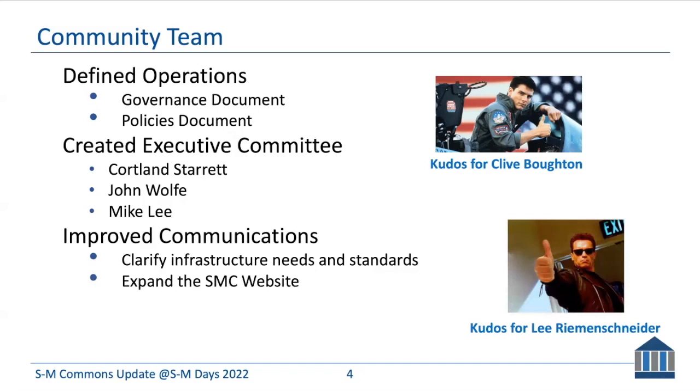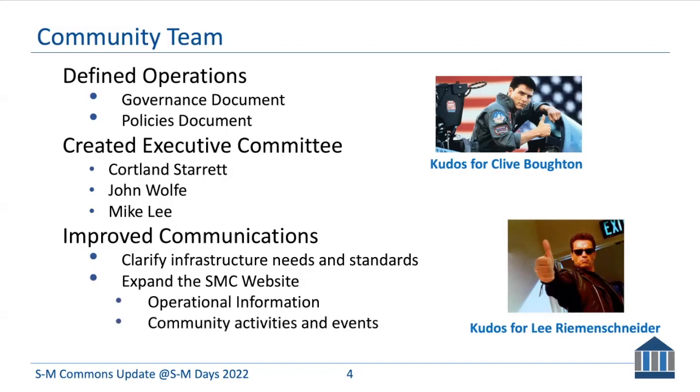A key tool that we thought was being underutilized for communications was our website. So we focused there next and expanded it to include operational information, how we go about our work, information on our various activities and events, like this one, and finally, the work products of the various teams to make them visible to the whole community and not just the team members working on them. Hopefully, this work helped to address the questions that were raised earlier, and we encourage you to continue to provide feedback and help the community grow in productive ways like this.